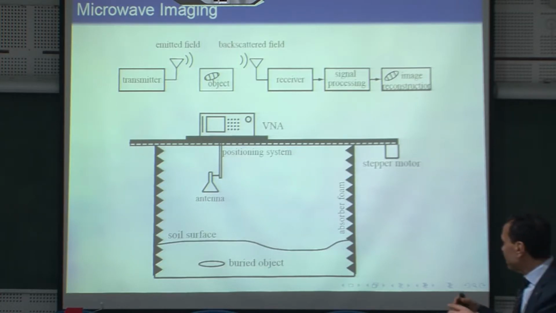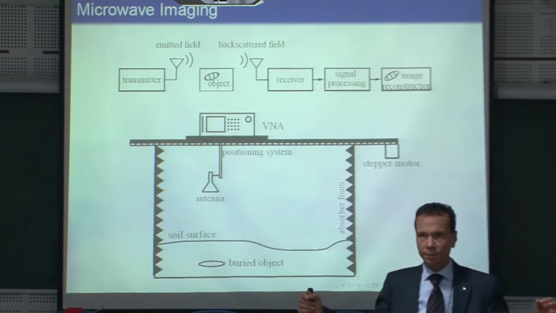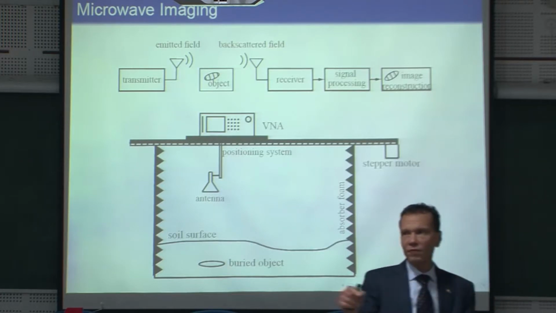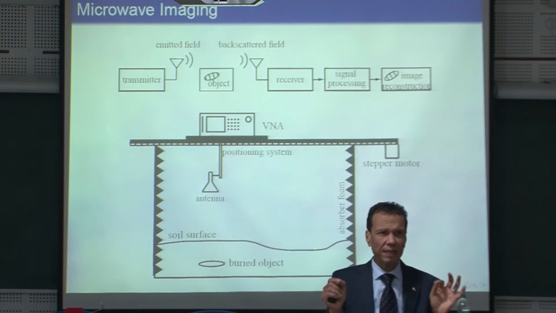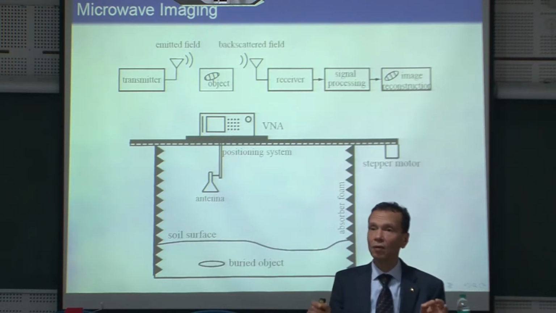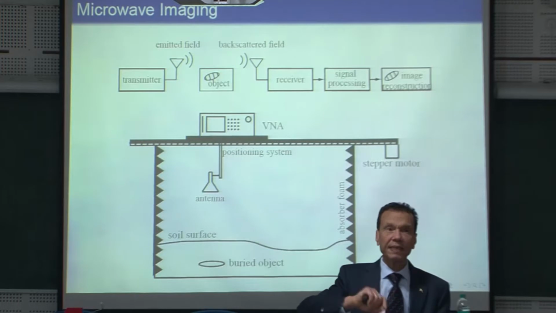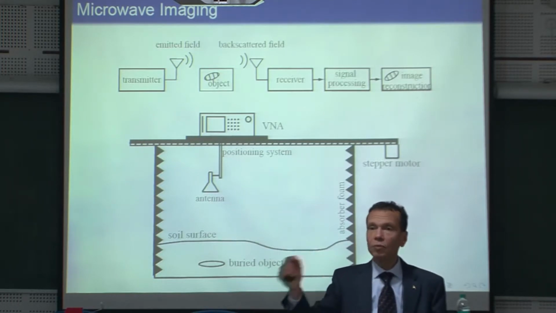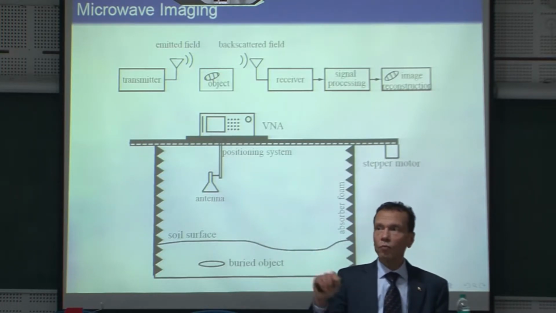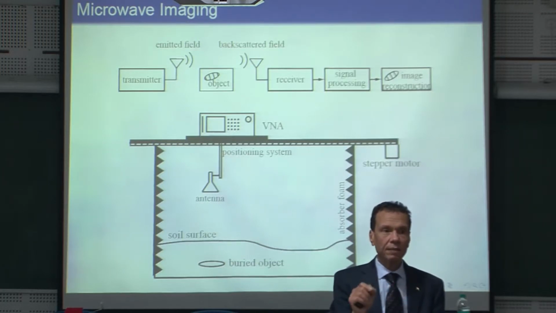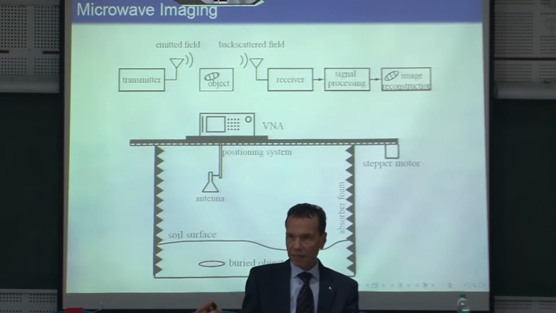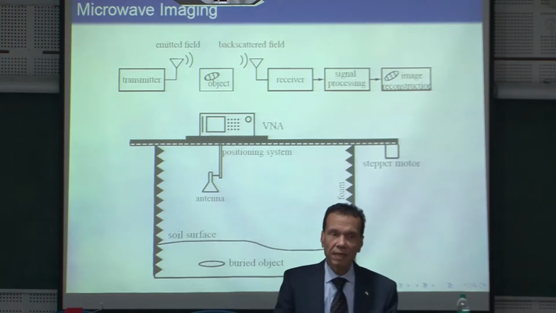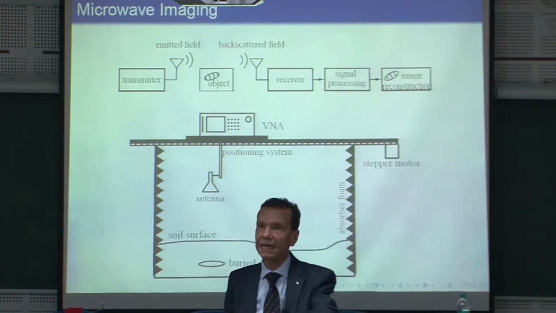Over this box, we have a carriage on which we move using a very, very accurate step motor. As I told you before, the success of SAR depends on the accuracy of relating a reading, a measurement, to the position. Therefore, we use a very accurate step motor, which moves centimeter by centimeter along the carriage, and then the whole carriage moves a centimeter and you repeat. So you can scan in X and Y.